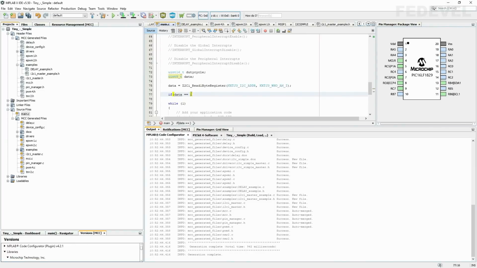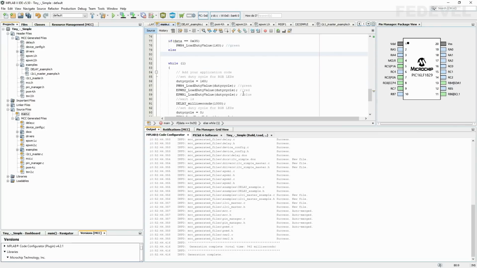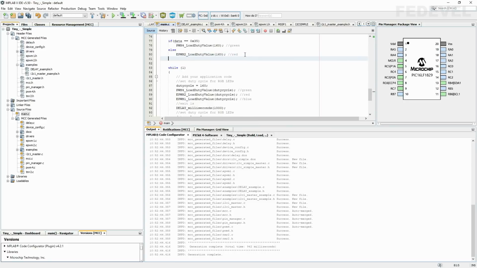So if data are 0x35, it means we are able to communicate with our accelerometer. So let's light up the green LED, use full brightness, otherwise there is something wrong. So switch on the red LED at full brightness and stay on for 3 seconds so we can see it.